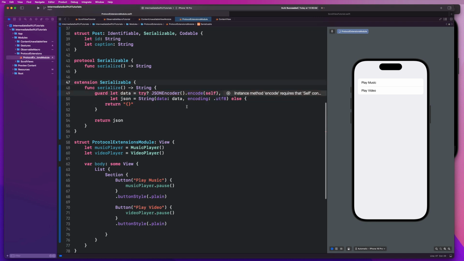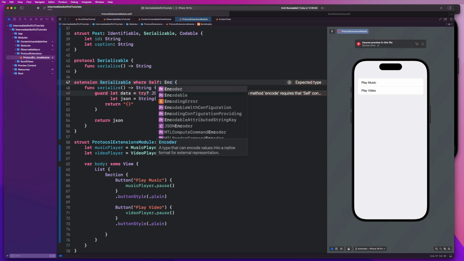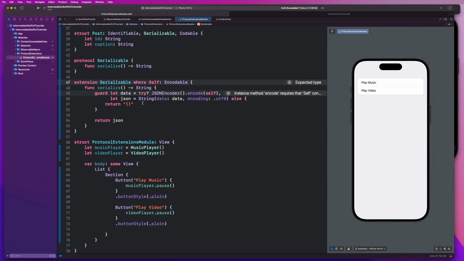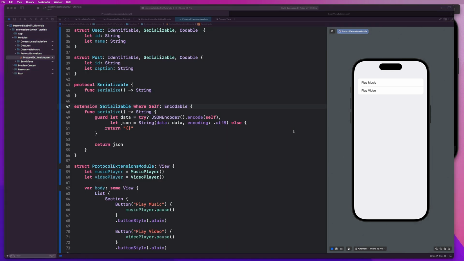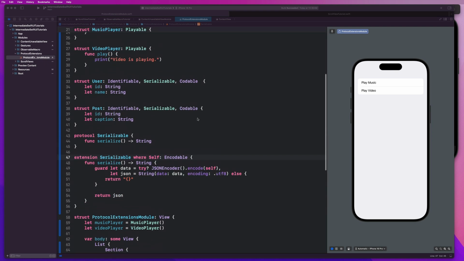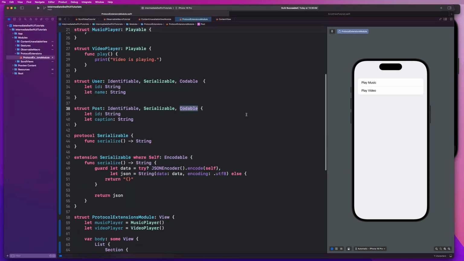So on this extension, guys, we are going to add a where clause. So we're going to say where Self is Encodable. And you're going to notice that that allows our error to go away. So this extension now provides a default implementation of this serialize function only for types that conform to the Encodable protocol. So you guys will notice, if I delete Codable here and try to conform to the Serializable protocol,